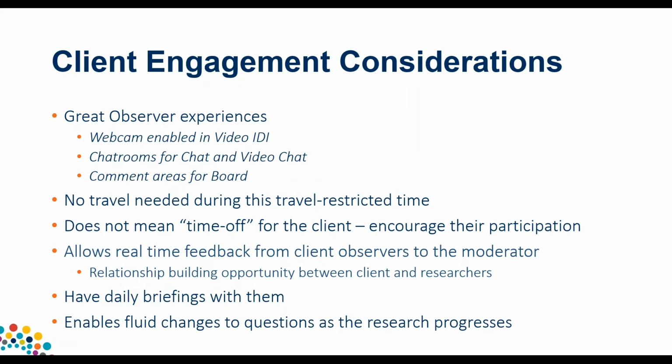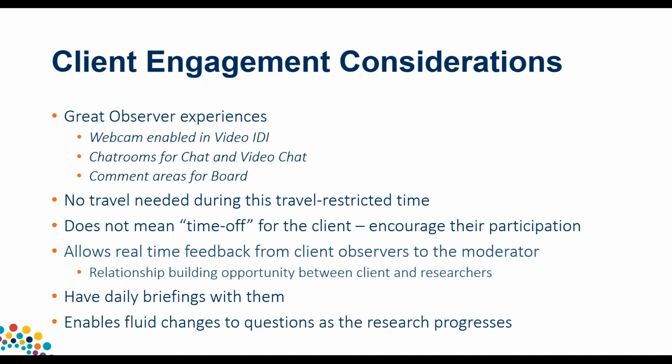As the researcher, you need to make sure that you're engaging the client, because you still want their involvement. You want them to feel like they're part of this project, even though they're not physically there with you. So encourage their participation, be like the school teacher, and make sure they know today is the day that we're launching our board, or today is the day that we're doing our first video chat.